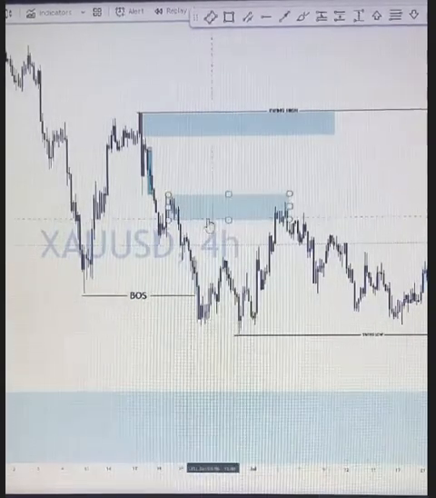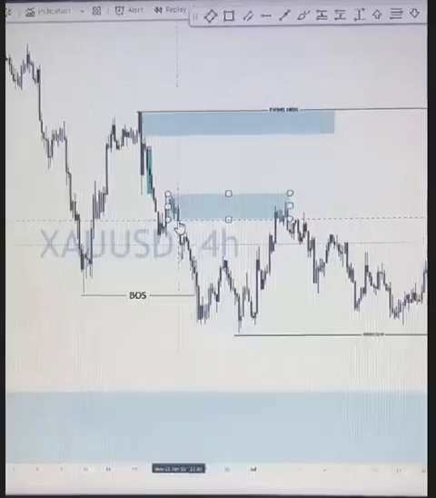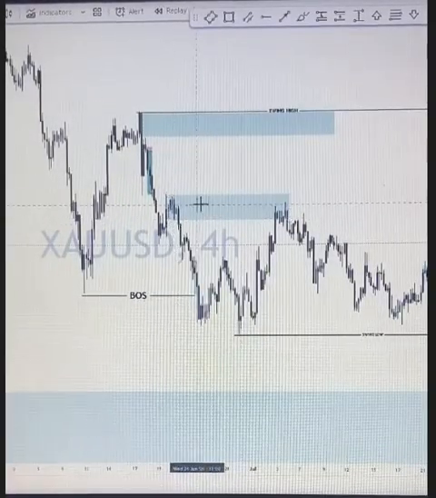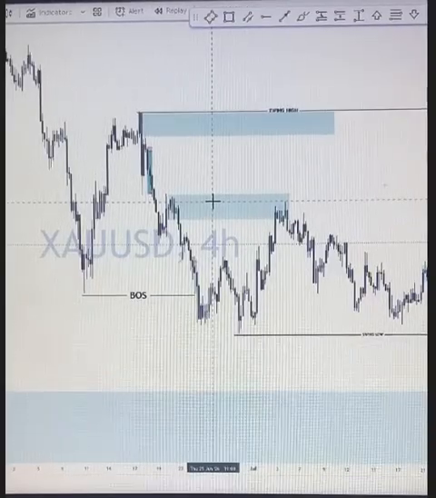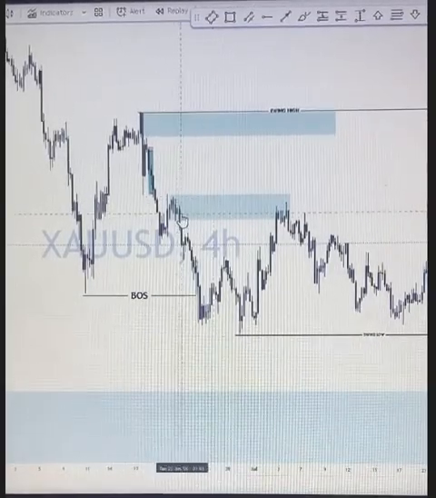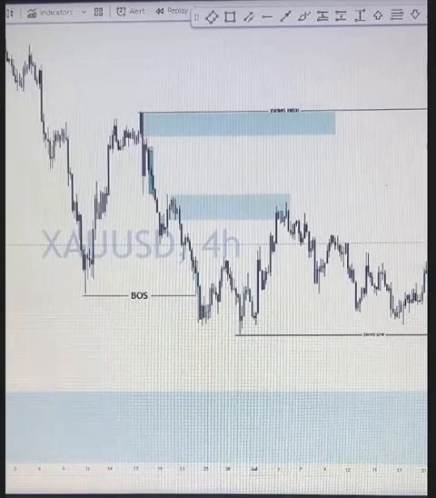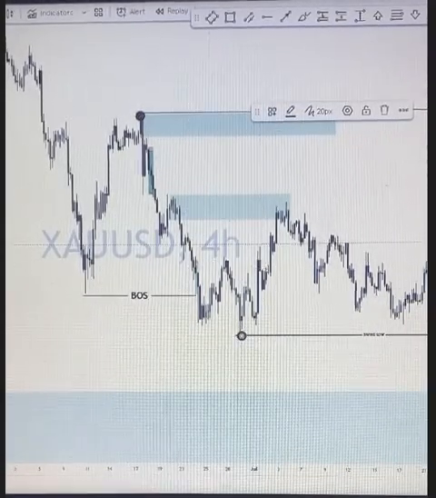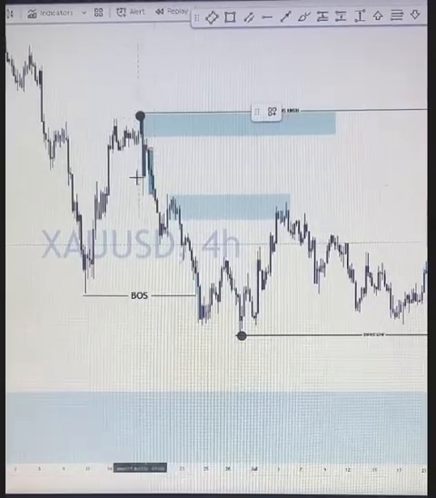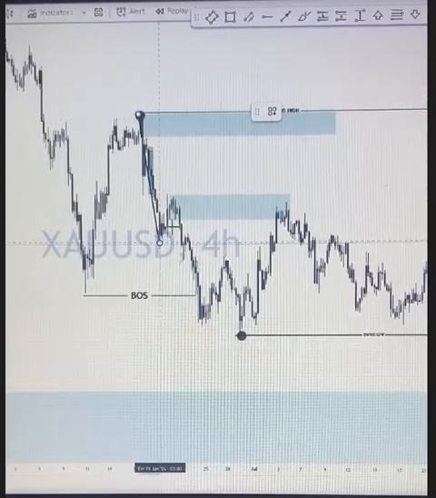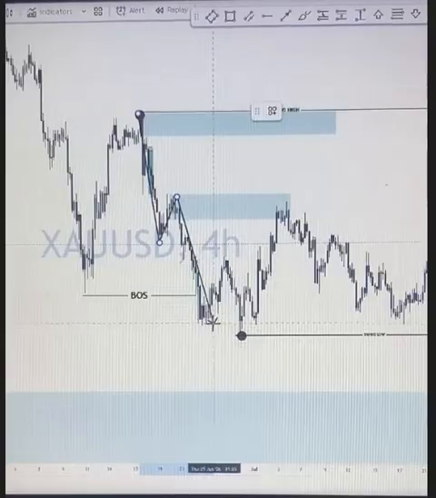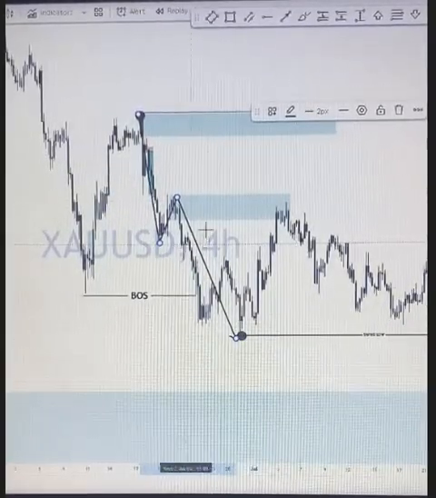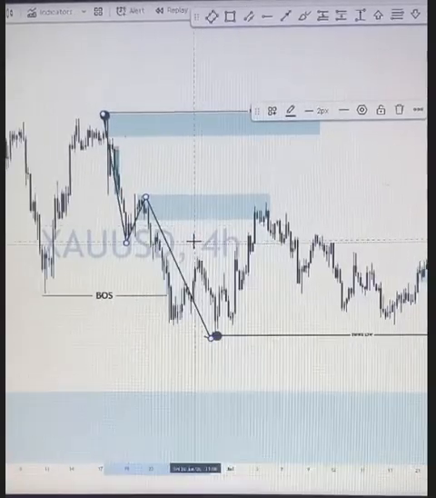What do we call this key level? Anybody? I've not gotten the correct answer. What do we call this key level? Kofi, thank you. This key level is our flip zone. Remember, this is our high, this is our low, right? And between this high and low, we had a swing right here. Are you seeing it? So this internal swing is the swing that gave us what? The breakout. That is why we call it a flip zone.